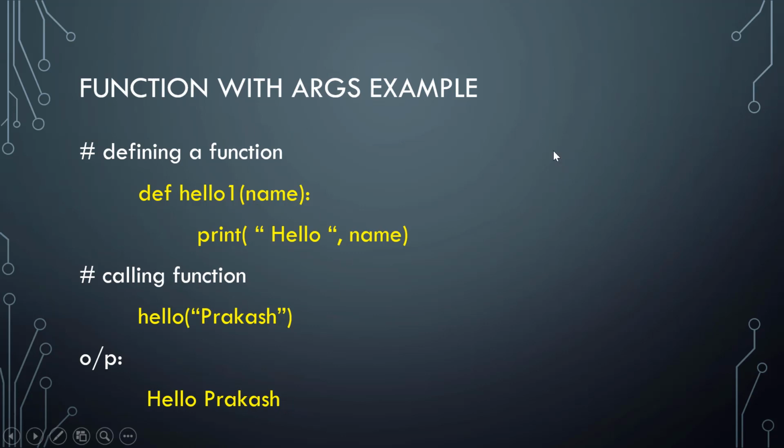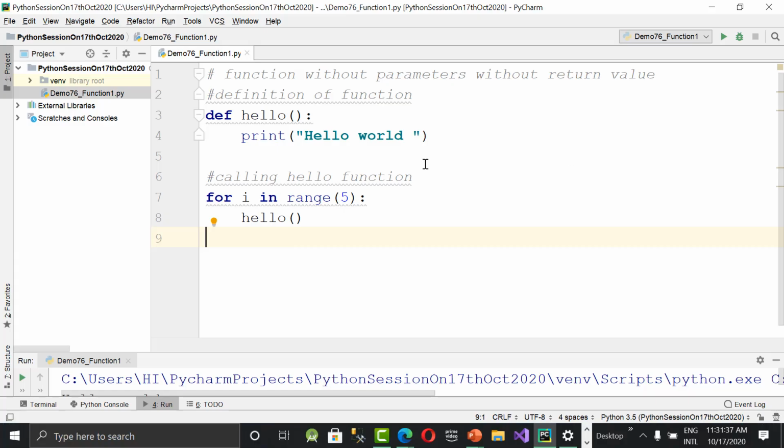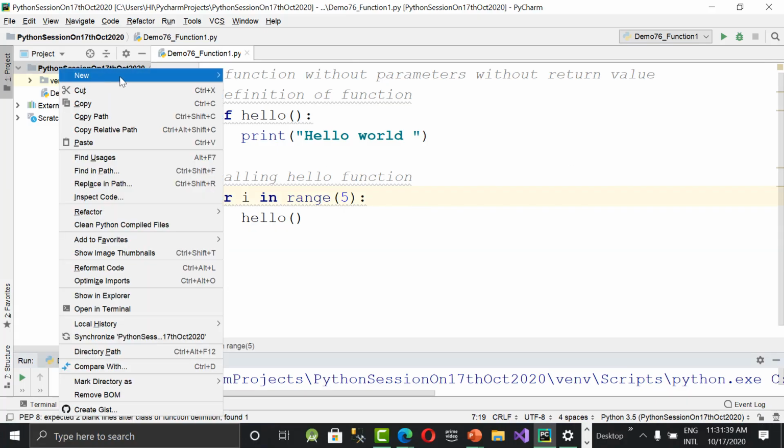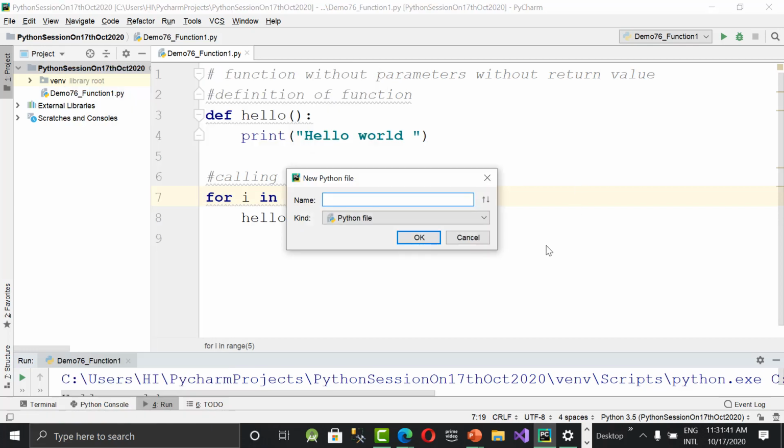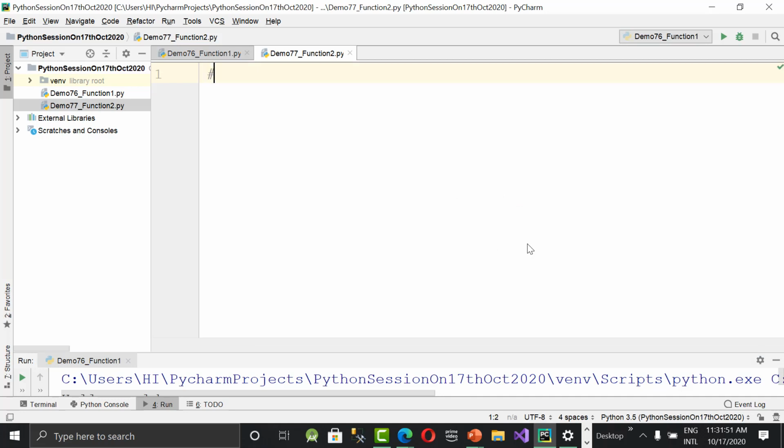We'll go to a new Python file. That is demo 77 underscore function, or let us say function 2, function with parameter or argument. Argument or parameter, both are the same.